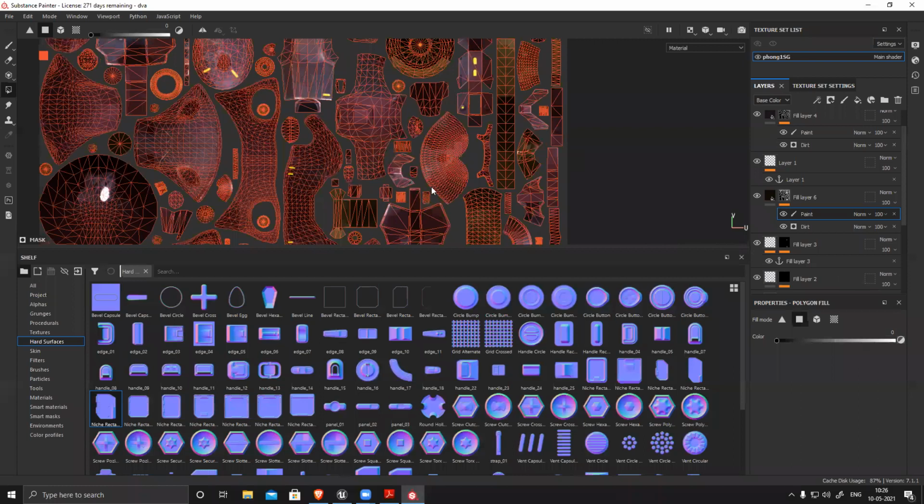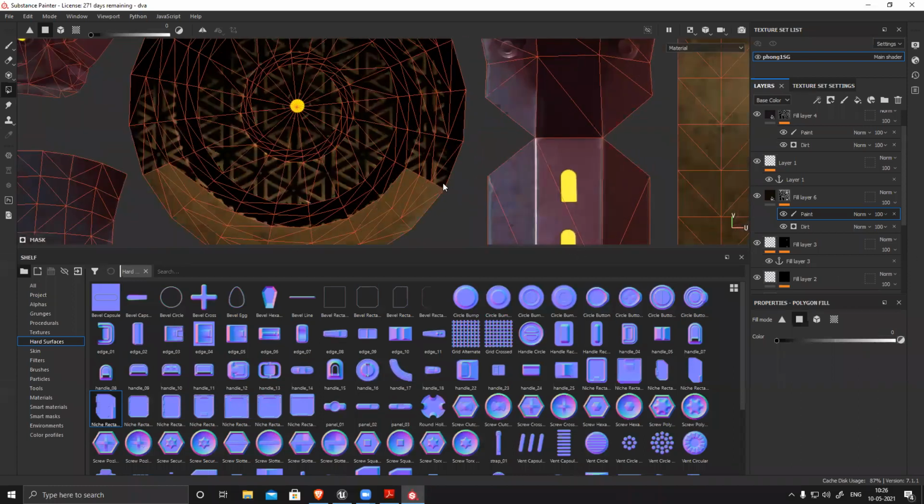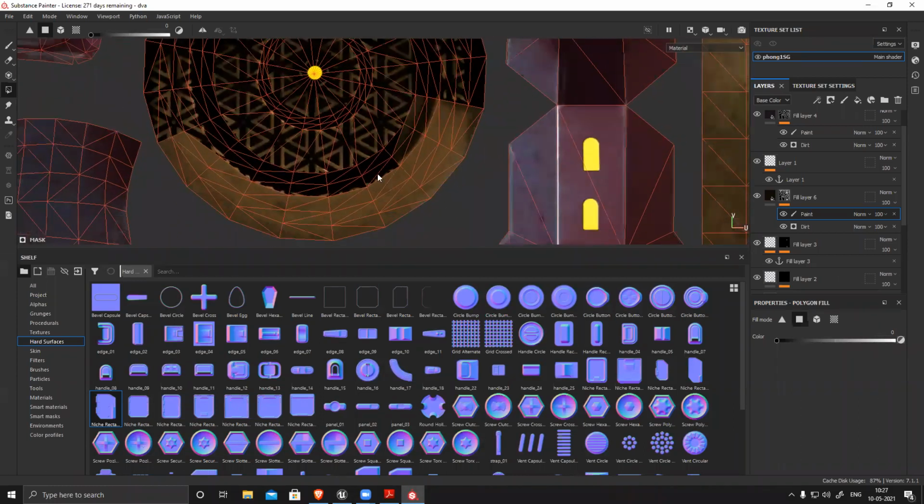and see, it becomes really easy selecting in UV mode.